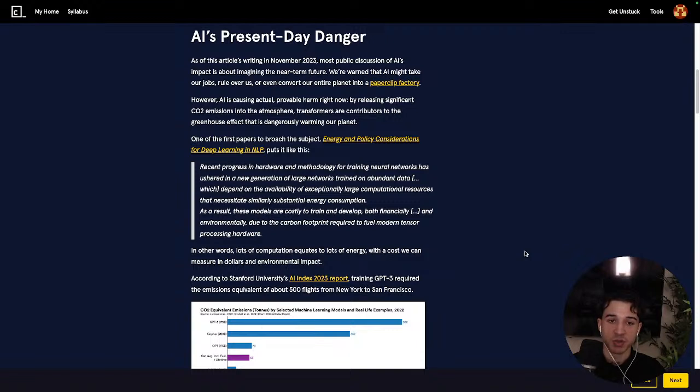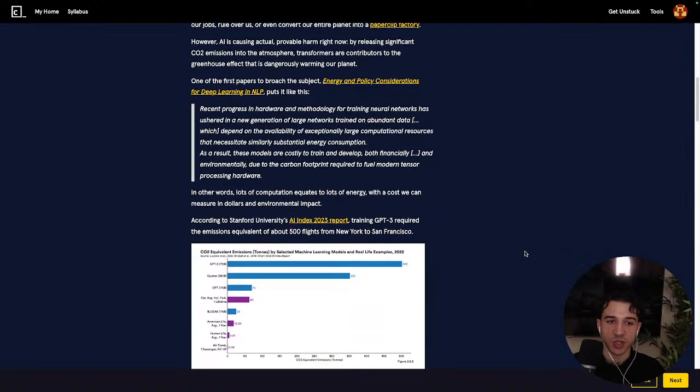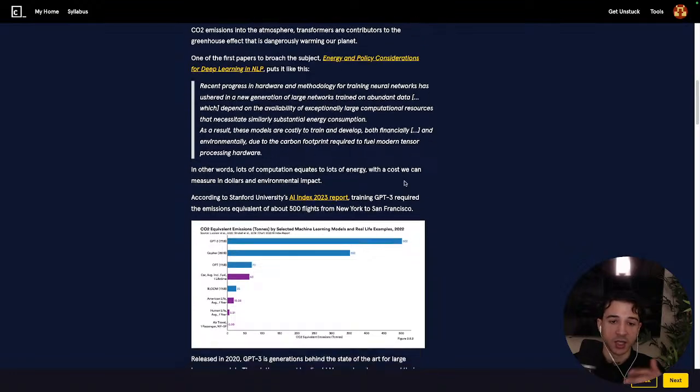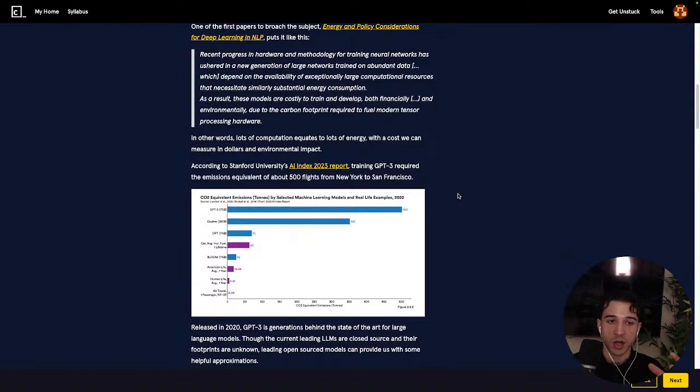One of the first papers to broach the subject, Energy and Policy Considerations for Deep Learning in NLP, puts it like this: recent progress in hardware and methodology for training neural networks has ushered in a new generation of large networks trained on abundant data, which, depending on the availability of exceptionally large computational resources, necessitate similarly substantial energy consumption. As a result, these models are costly to train and develop, both financially and environmentally, due to the carbon footprint required to fuel modern tensor processing hardware. In other words, lots of computation equates to lots of energy, with a cost we can measure in dollars and in